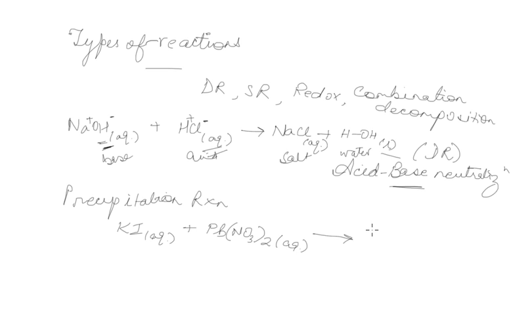And if you were to do the exact same thing you did right here, essentially switch two sets of ionic partners, you would get KNO3 and you would get PbI2. Now KNO3, since all nitrates and all salts of potassium are soluble,